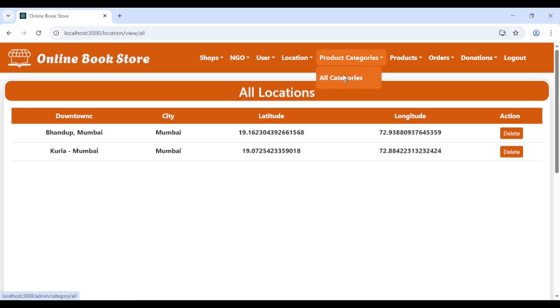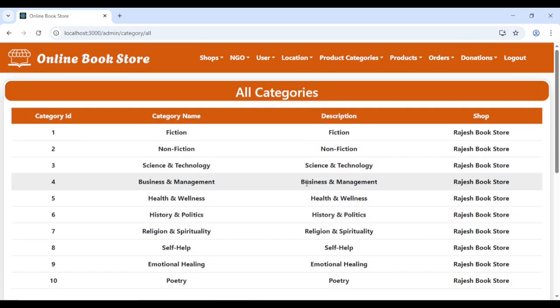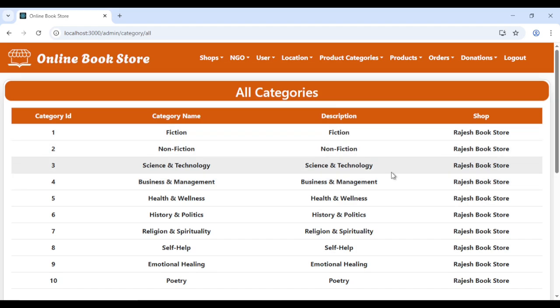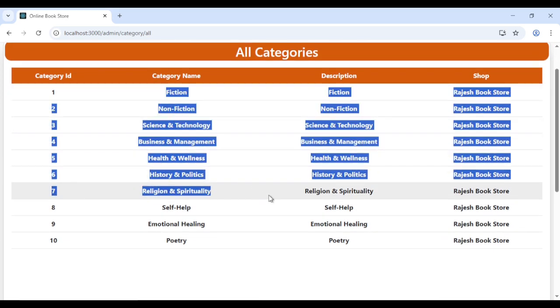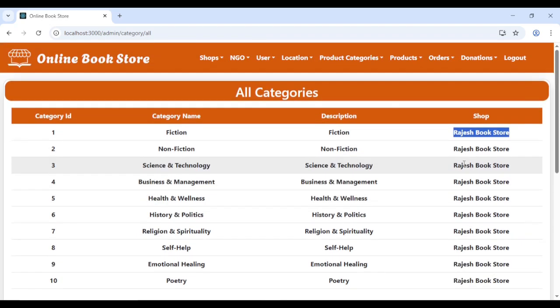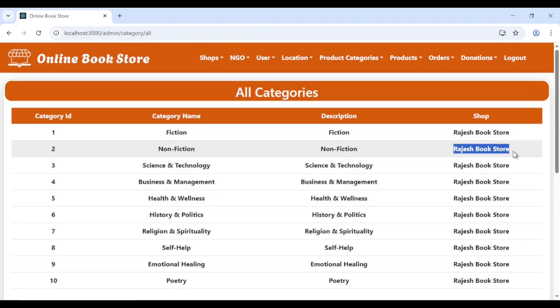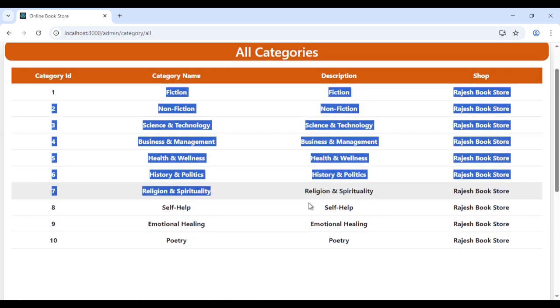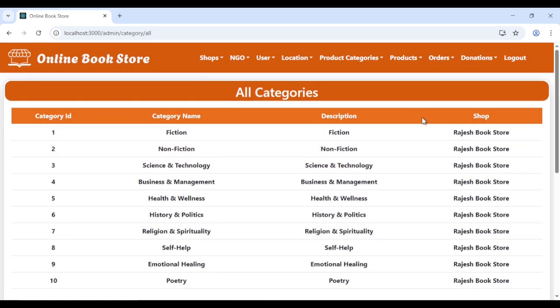Then we have the product categories. So here admin will be able to see all the categories from all the shops. So all these categories are from the shop Rajesh Bookstore. Okay, now we will add our category also, that is from the Sachin Bookstore. So for that, that will be done from the bookstore login, right? But we have logged in as an admin, and admin can only see the categories from all the shop bookstores,